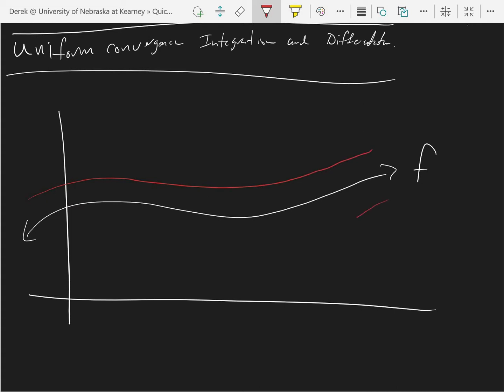So I've got this little band of width epsilon here, and no matter what I do for my sequence, the functions that approach f have to eventually be in this little epsilon envelope. They can wildly move around inside here, but as that red envelope gets smaller and smaller, all of the functions eventually have to be inside that little red envelope. And so the area under the green curve can't be that far off from the white curve,